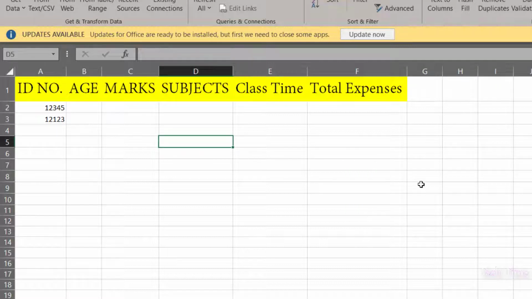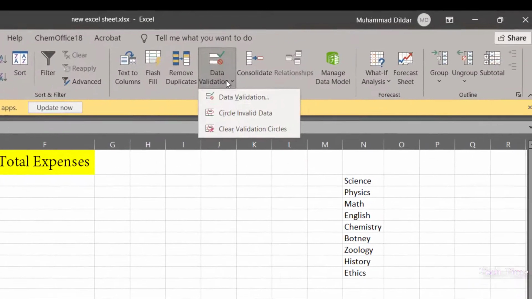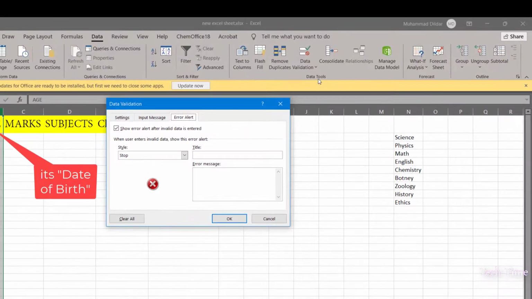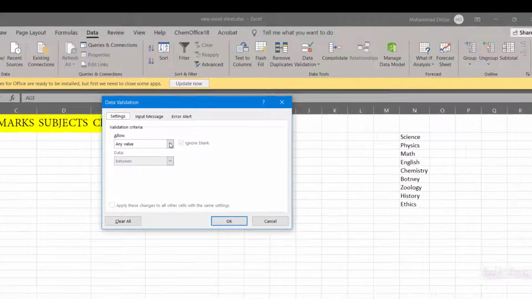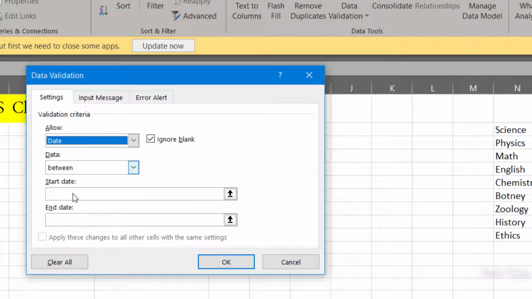You can also use the data validation feature to enter a correct date or a particular date. Let me show you how this would work. First, select the whole column. Go to Data Validation. Click on Data Validation. In the settings, you can click on Date, between. You can choose 2 dates. For example, we want students who are born between 1980 and 2000. Put in a simple date, in date,